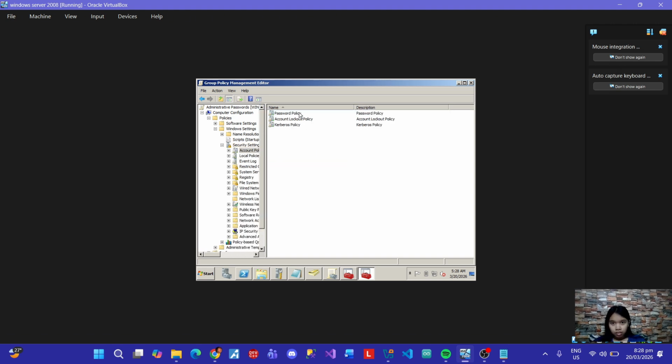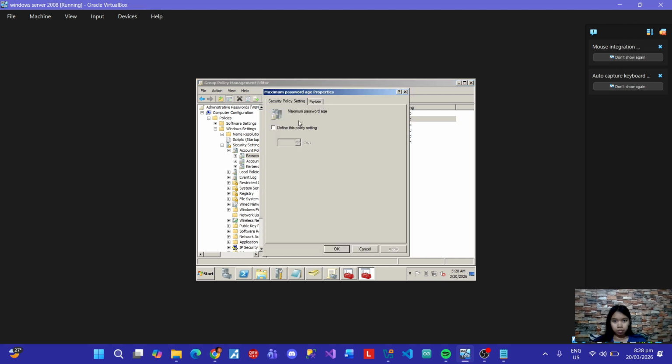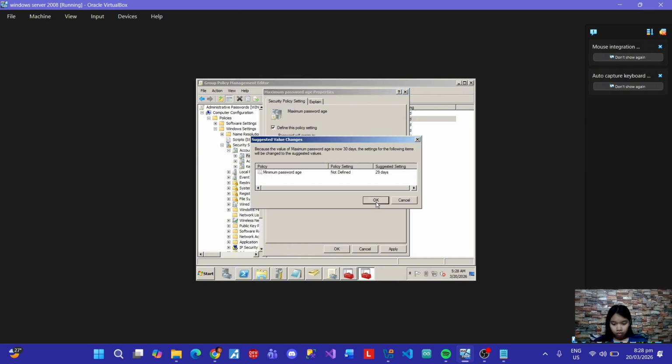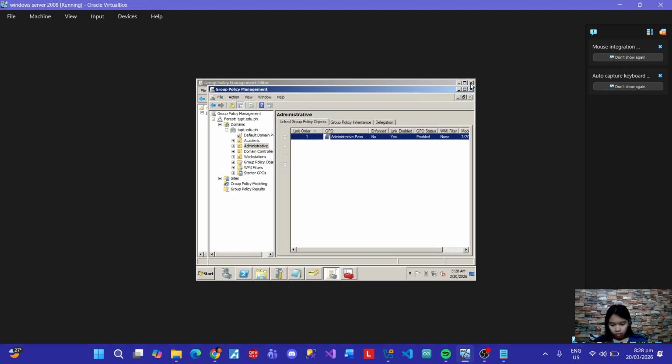Then account policies, and for the password policy. And let's go for this maximum password age. Find this, make it 30, apply, then okay. Then let's close it. So it is all finished.